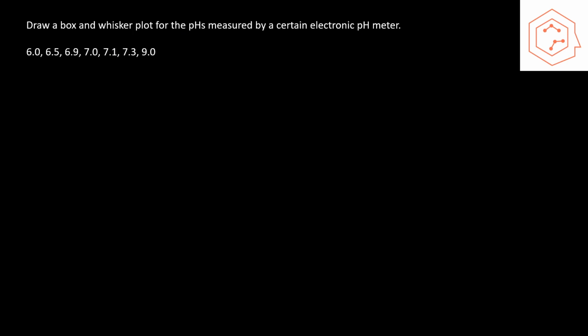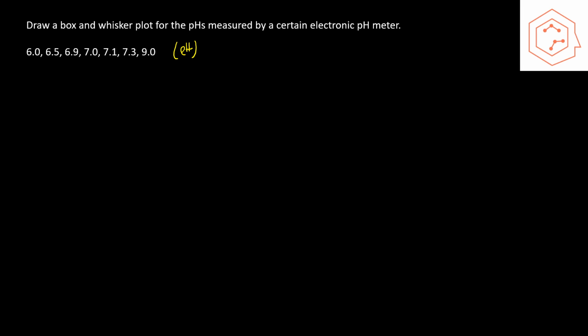So here's an example to practice drawing box plots. We have the pHs measured by a certain electronic pH meter, and we want to draw a box plot for this data. So these are all pHs. We want to begin by finding the corresponding quartiles. Before we do that, we want to organize the data from lowest to largest, which it seems like it already is,